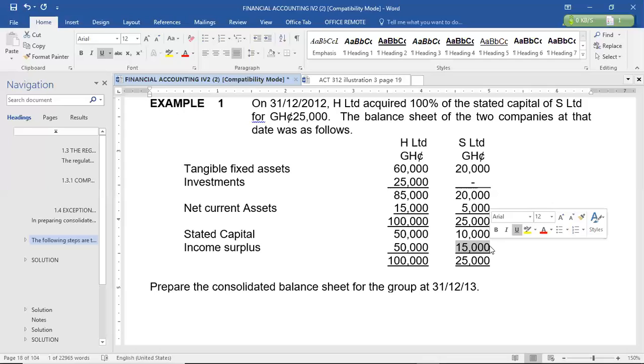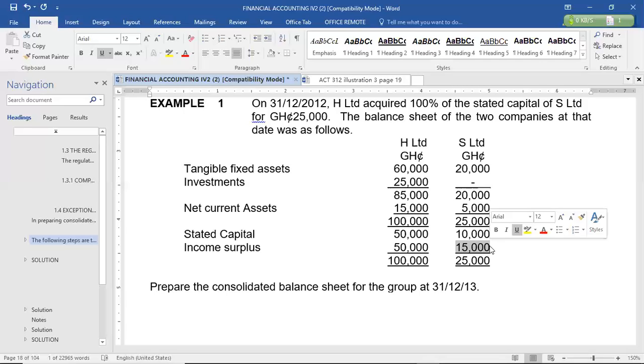The same thing for S: 5,000 means that the current asset wasn't 5,000. It was more than 5,000, and then they subtracted the current liability from it, and then they got 5,000. Do you get it? Good. So now, if H is coming to buy S, and we wanted to know the net asset